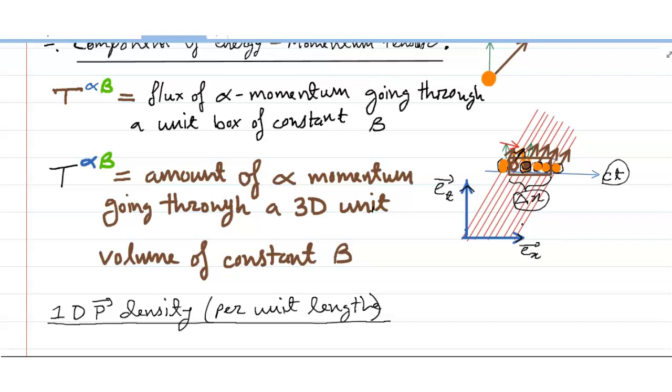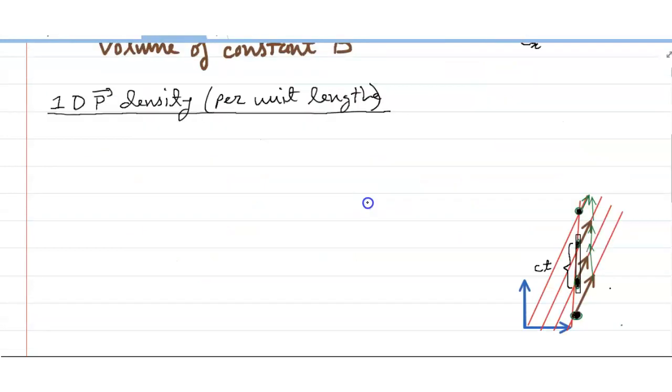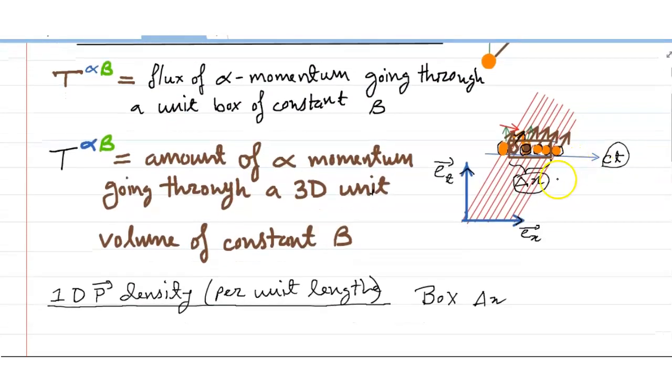So inside this unit length at constant time, all of these four momentum vectors have a time component and x component. If we look at the time component, this gives us the time component of the energy momentum tensor. This is total time momentum crossing a boundary. So friends, box del x, you can see in this diagram del x, box del x of size